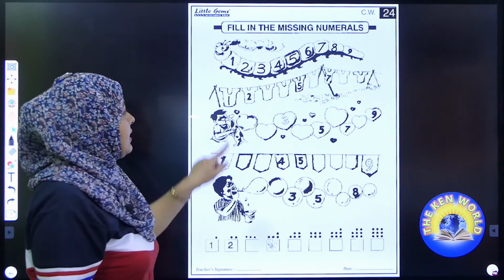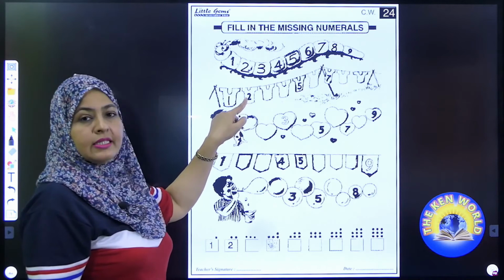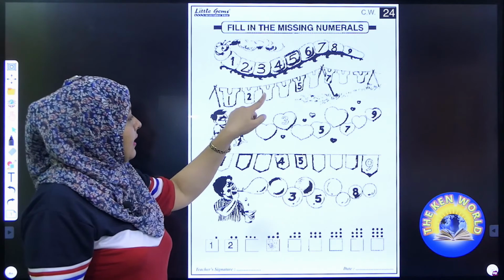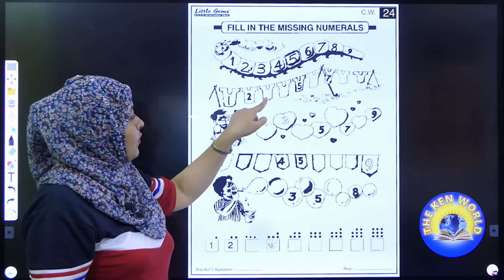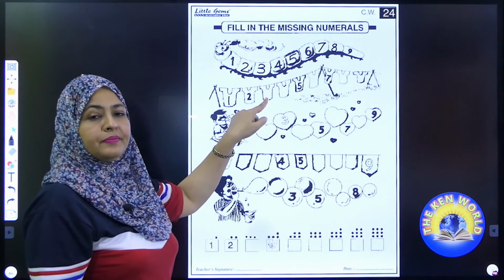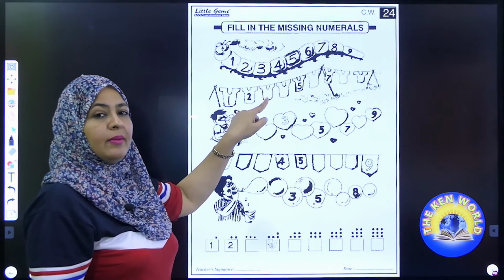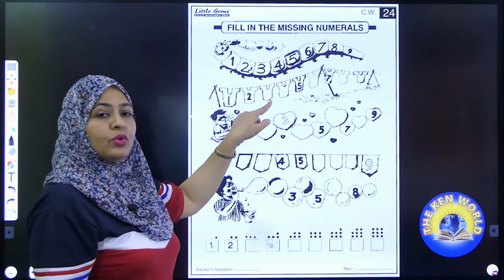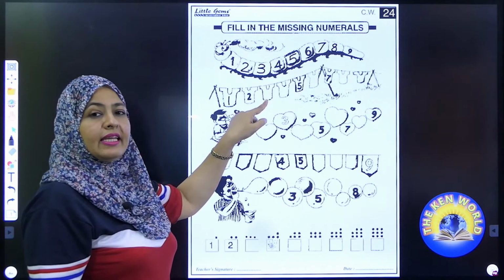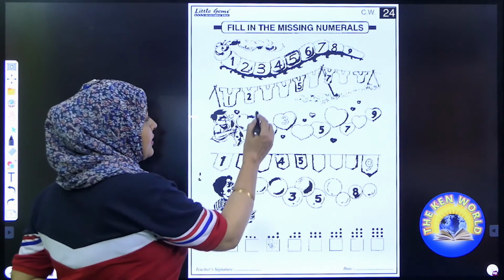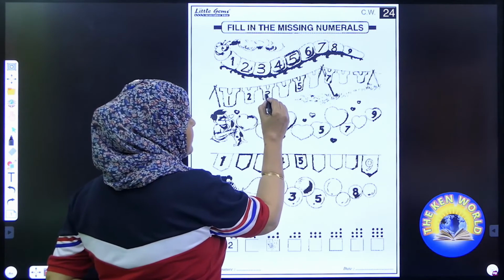After 1, it's 2, which you can see here, and again if we move forward there is no number. You have to tell me what comes after 2. Great. Number 3. So write here number 3.